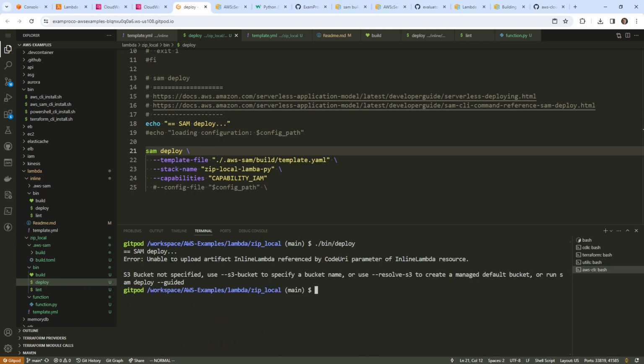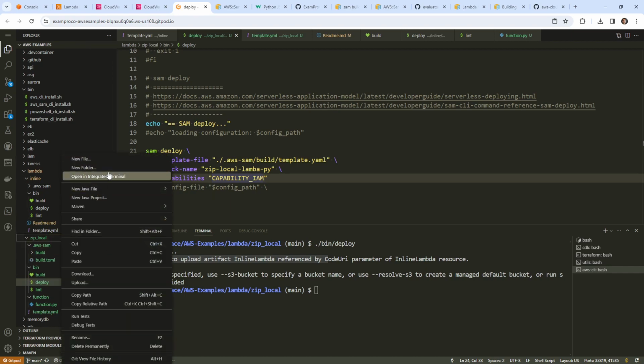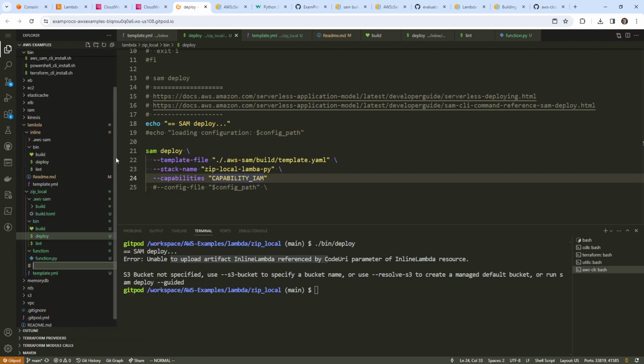And it says, unable to upload artifact inline lambda referenced by code URI parameter inline lambda. S3 bucket not specified. Use S3 bucket to specify a bucket name. So we do need to place it somewhere. So that's important. Normally, I think we would probably want to provide a configuration file here. So what I'm going to do is make a new file here. We'll call this